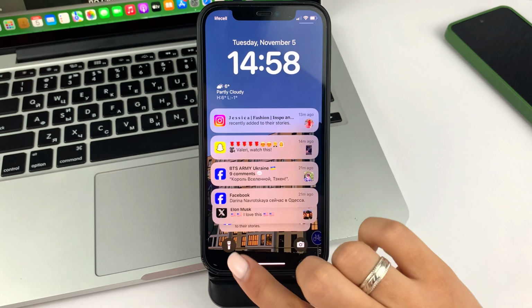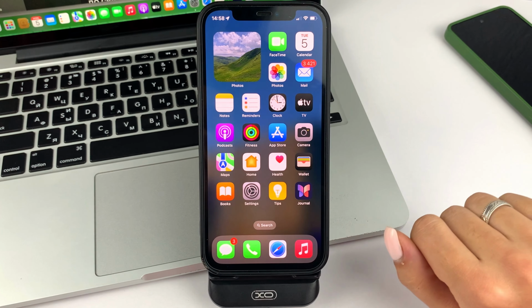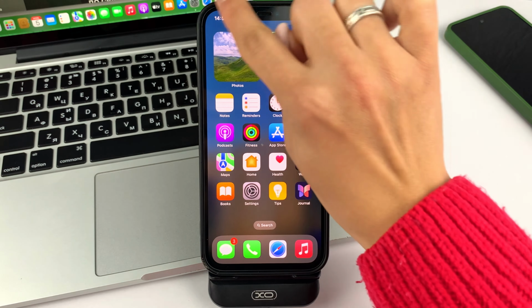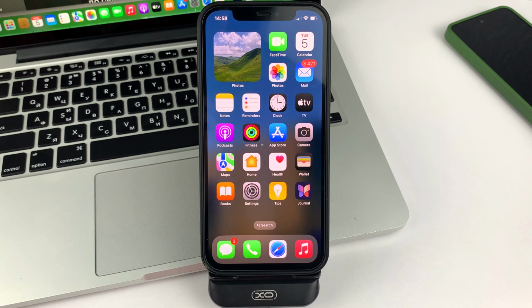So if you don't like swiping to see what time it is, or if you can't see the time in the top left corner of your iPhone screen, you can customize a clock widget for your convenience, where you choose the widget you like to see the time right from your home screen.